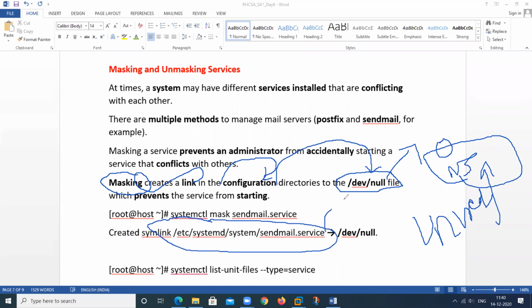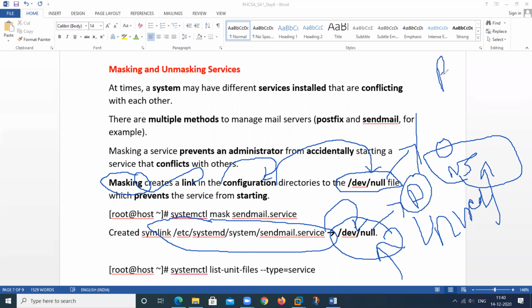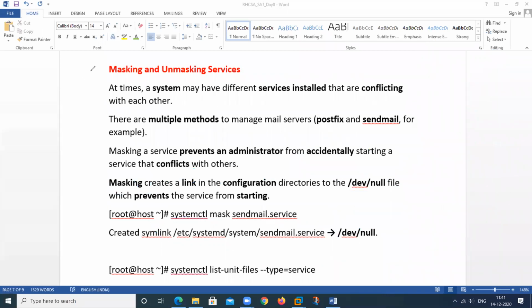If you mask it, it creates a link to this, and no service can be started from this location. This is just like a dustbin. So it will not start at boot time or manually. When you mask any service, that service will not start manually or at boot time. So this is the whole thing about masking. If you mask the service, you should unmask it first, then you can start the service for any reason.